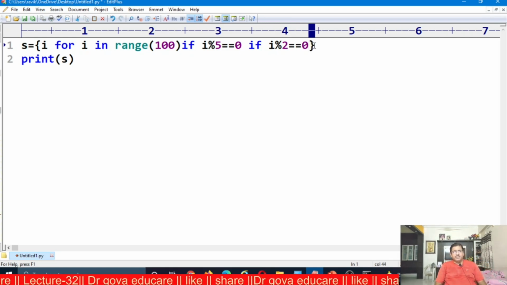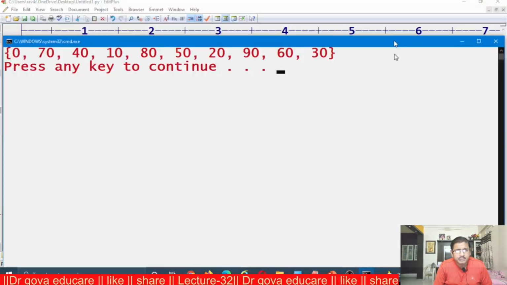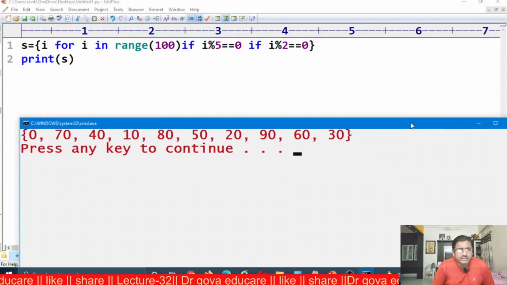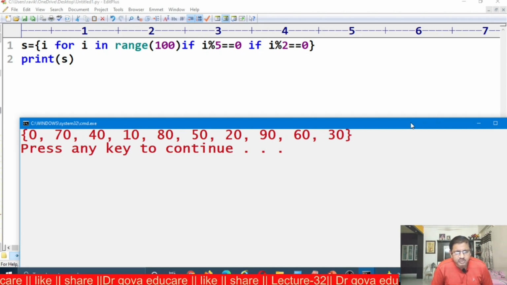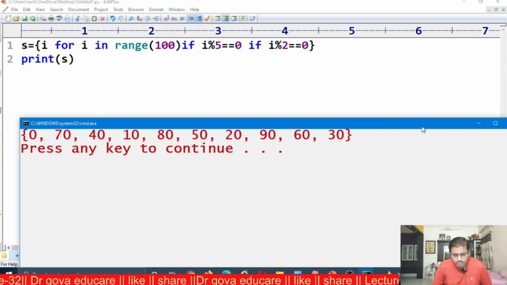Now this is the set after displaying, containing the elements from 0 to 99 which are divisible by 5 and 2. Observe here, 0 is divisible by 2 and 5. 70, 40, 10, 80, 50, 20, 90, 60, 30. These are the elements of the set which are divisible by 5 and divisible by 2.